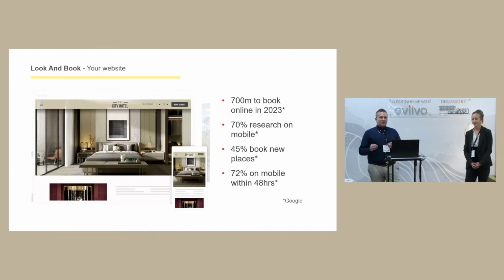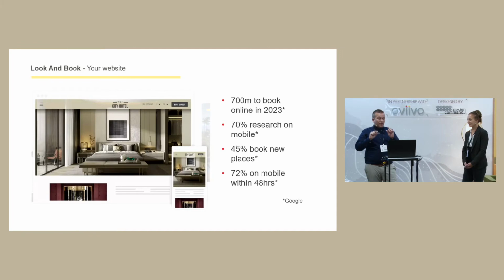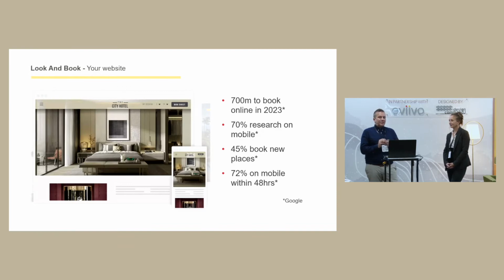When we talk about mobile responsive, we talk about the ability to not have to pinch and expand your website on mobile phones, on iPads, making sure that it renders well, and the customer journey on those mobile devices is just as good as if people were looking at a full desktop screen as well. So important as well, if you think of the scenario, you're out with a bunch of friends,